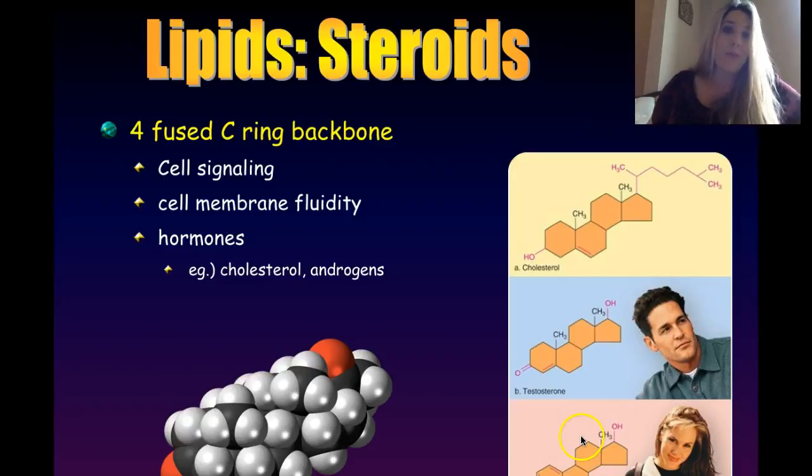Remember, we don't like to reinvent the wheel. So we're just going to take one compound, alter it, often with the help of some enzymes to catalyze the reactions, and go from one compound to another. So testosterone is a precursor to estrogen, and cholesterol is a precursor to testosterone. How cool is that? So imagine in the evolution of life on Earth, the evolution of more complex life forms, slight chemical changes make big changes when it comes down to it. How cool is that? Any questions about lipids? Let me know. We still got proteins and nucleic acids to go.